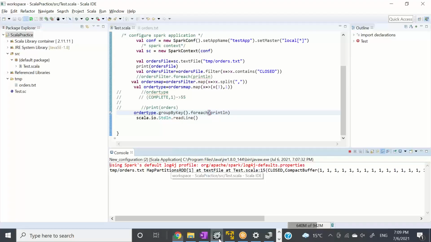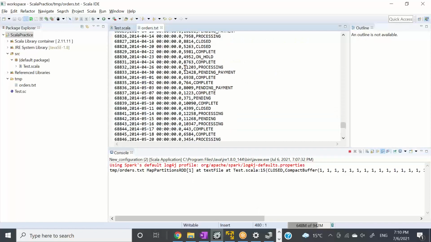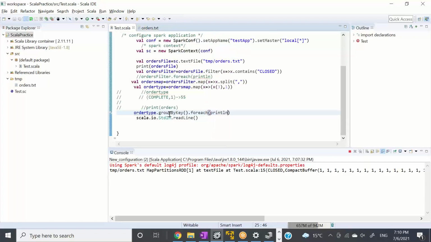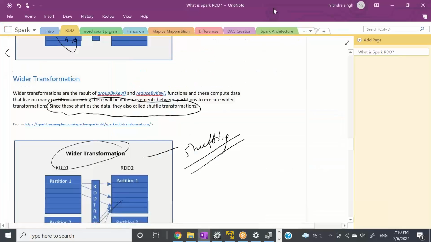So it is working actually, and maybe the data is not big enough. In my case, this whole data is on a single partition because this may be local, and that's why I'm not able to reproduce that. Even though I'm running a wide transformation here, since the data always resides on one partition, it is not going to the other partition. That's why shuffling is not happening. So maybe Spark is doing some optimization. But to keep it simple,